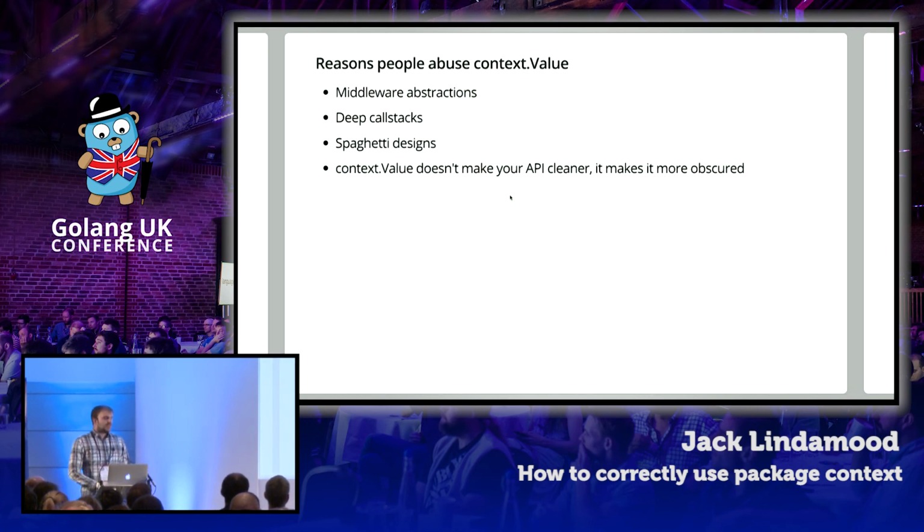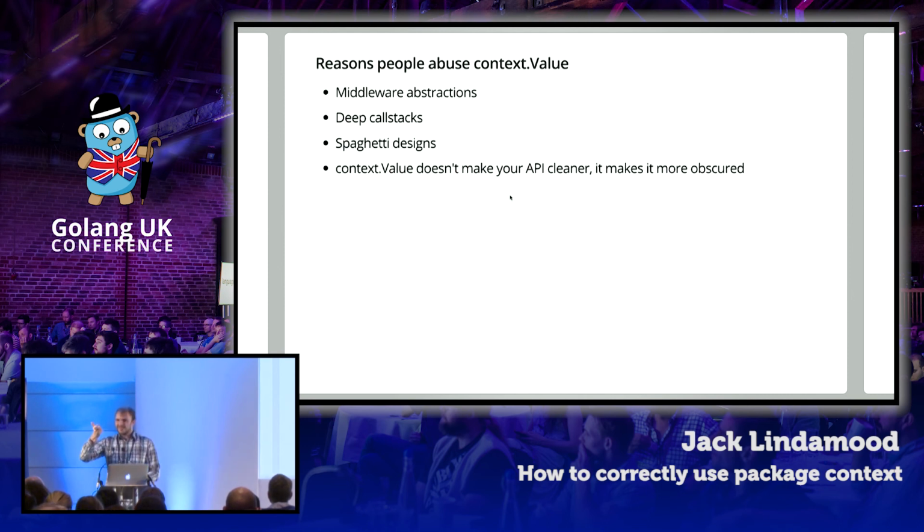All right, so reasons people abuse context.value. I'm very sympathetic to really large code bases with lots of middle layers and lots of middleware abstractions, where you think, I don't know how to put this user ID that I calculate way over here and fiddle it down way over here. How do you rearrange your APIs to do that? And so you just give up and throw it in the context and assume it's everywhere else. I'm very sympathetic to that. And it feels like your API is cleaner, right? Like, I don't have to put this user ID in my API, I can just throw it in the context. But